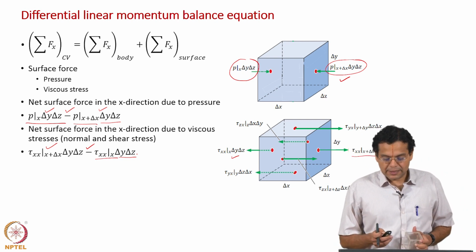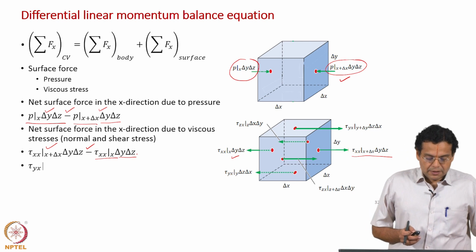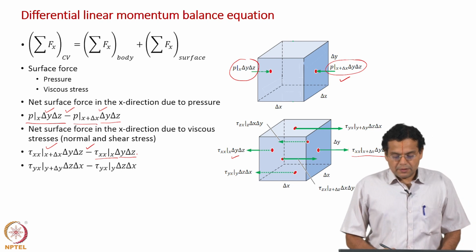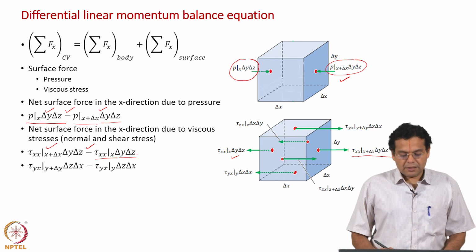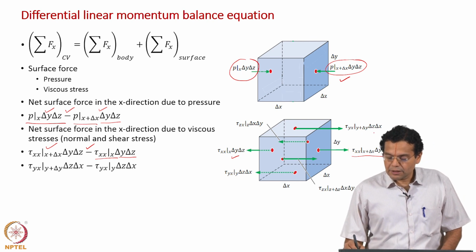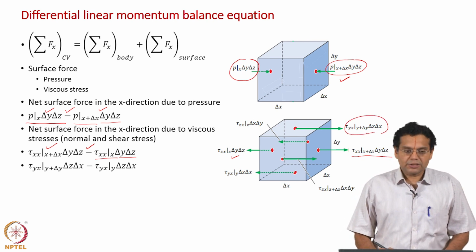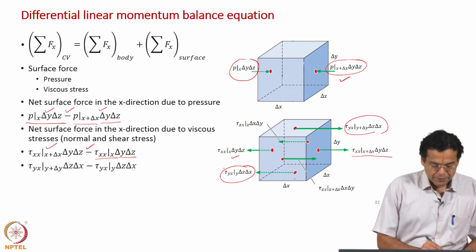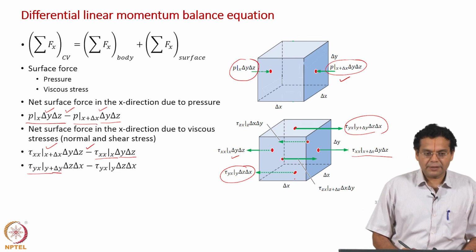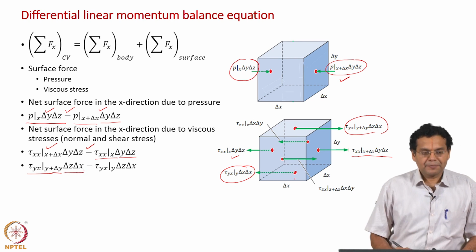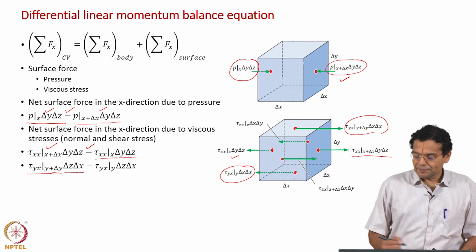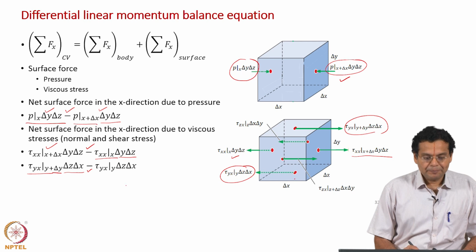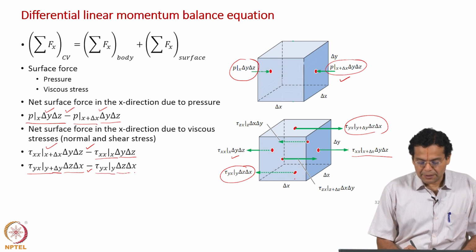Now, let us do it for the shear stresses also. So, you take the top face and bottom face. On the top face shear stress is acting along the positive x axis, the bottom face the shear stress acting along the negative x axis. That is why tau yx evaluate y plus delta y, and it is positive, of course multiply by the area delta z delta x, and then at the bottom face acting along negative x axis, so a minus sign here, tau yx evaluated at y multiplied by area.